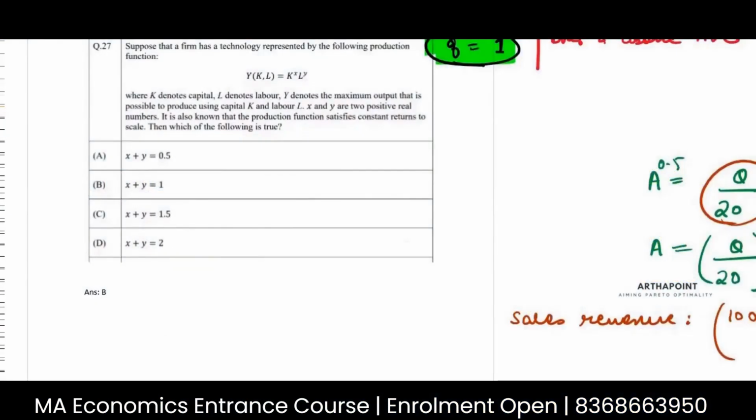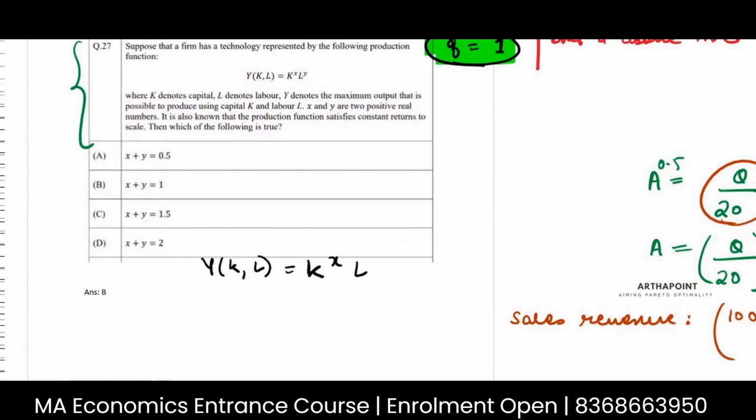Now this is, I think, something we did some 3-4 lectures back, and we talked about constant returns to scale. Actually, we talked about returns to scale in much detail there in the production function. So it says which of the following is true, and to solve this question, you start with the production function